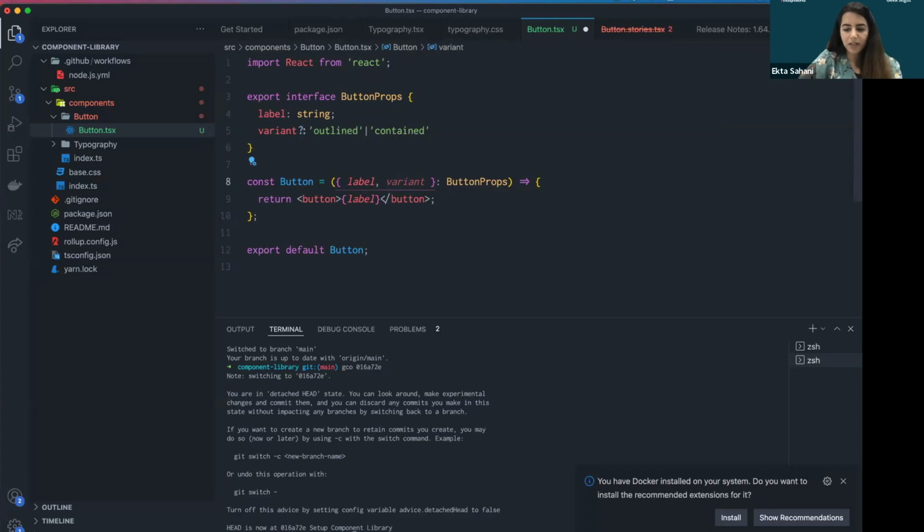So for me, variant is contained by default. And here as a class name, I can just add a style saying btn-